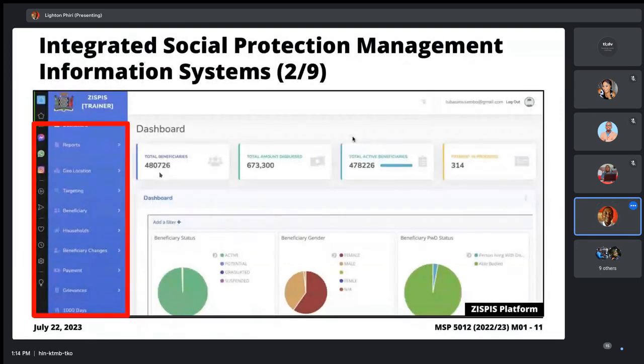They will say, when we finish the first iteration, it will only be possible to generate reports, make payments and check the list of beneficiaries. The next time we'll add new functionalities, and you'll be able to change beneficiary details and whatnot.